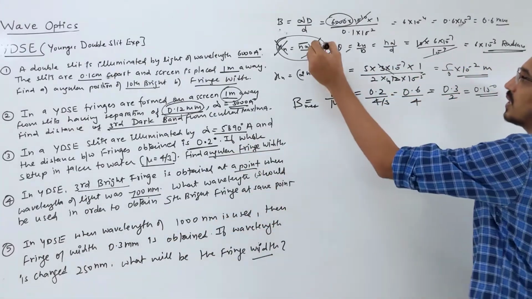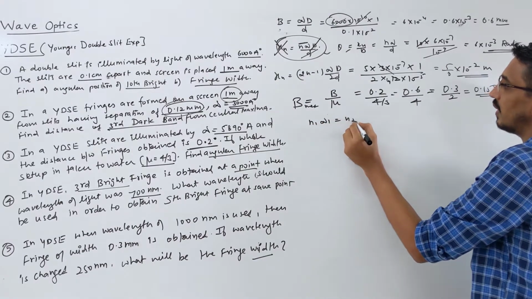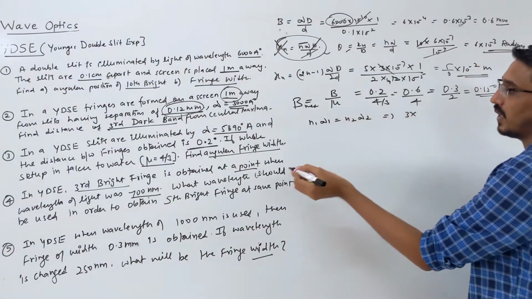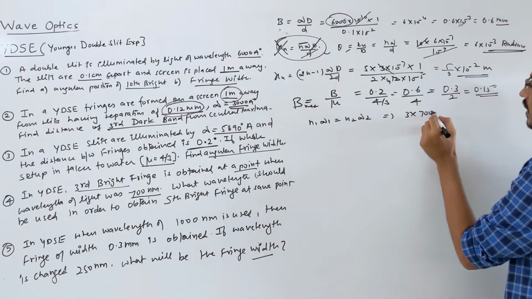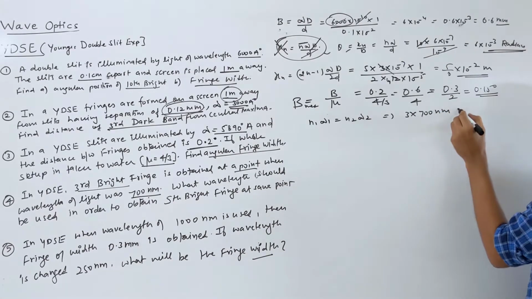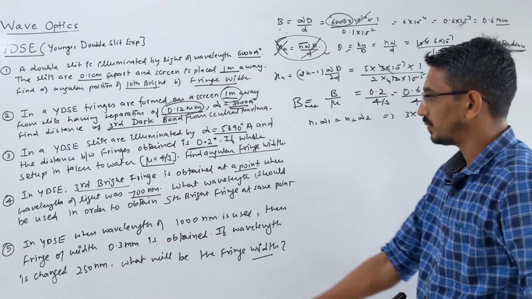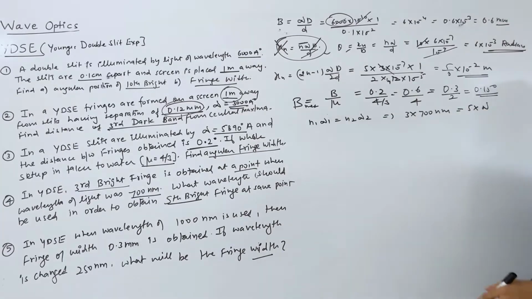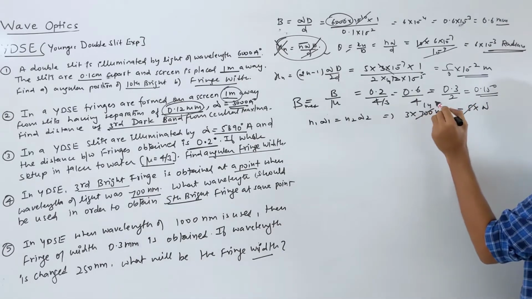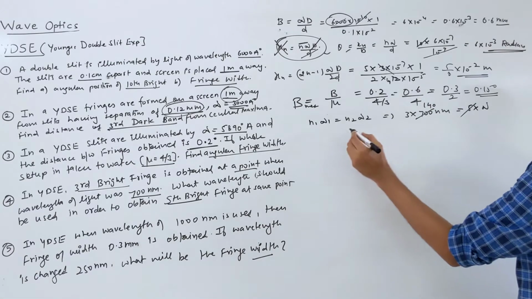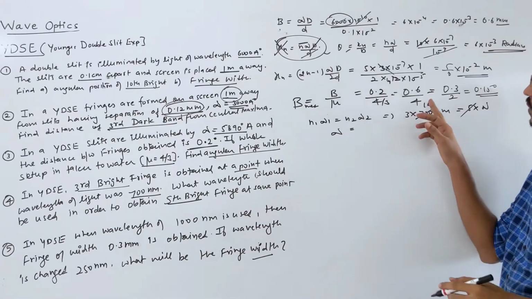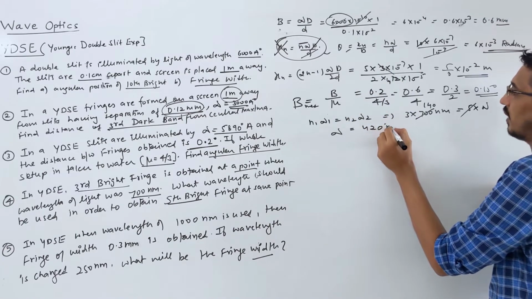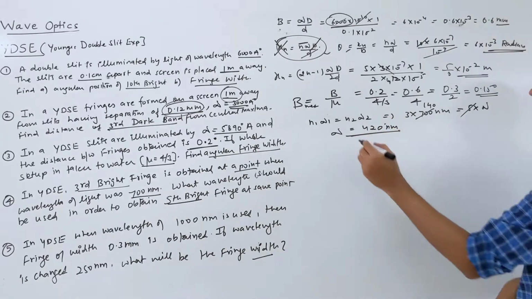For bright fringes, you can write simply n1 lambda 1 is equal to n2 lambda 2. Initially how many fringes are we seeing? 3 bright fringes, and the wavelength was given as 700 nanometer. I'm not converting here, because the answer is again in nanometer. Then you want to get the fifth bright fringe. What should be the wavelength? So 5 into lambda. 5 goes 14 times here, correct? So wavelength should be 14 into 3, which means 420 nanometer, same unit. That will be your wavelength, lambda 2.